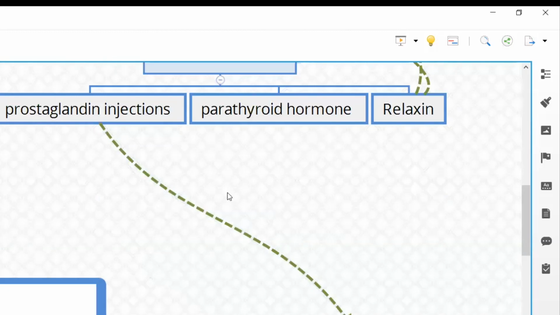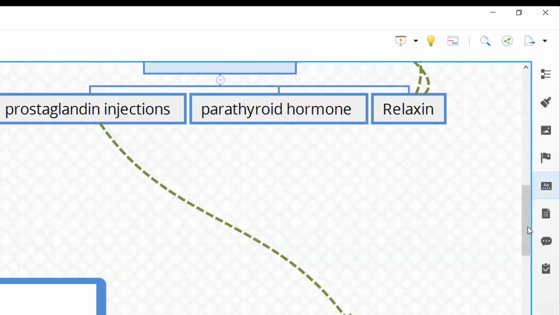Next is parathyroid hormone. As you are aware, parathyroid hormone does a lot of things. If this hormone increases orthodontic tooth movement by increasing metabolism, we cannot give PTH only for orthodontic reasons, because it will stimulate and interfere with so many other metabolic systems in the body that it becomes non-practical for orthodontic tooth movement.